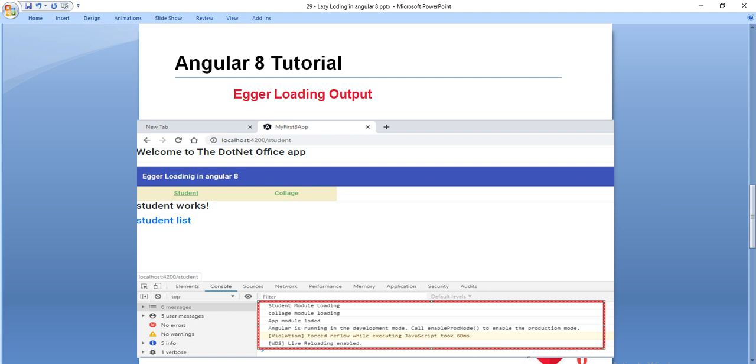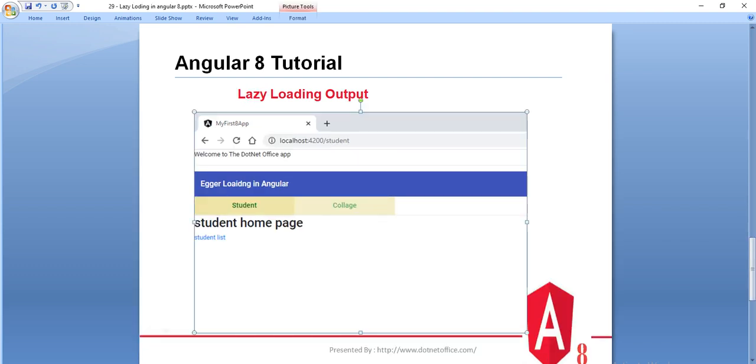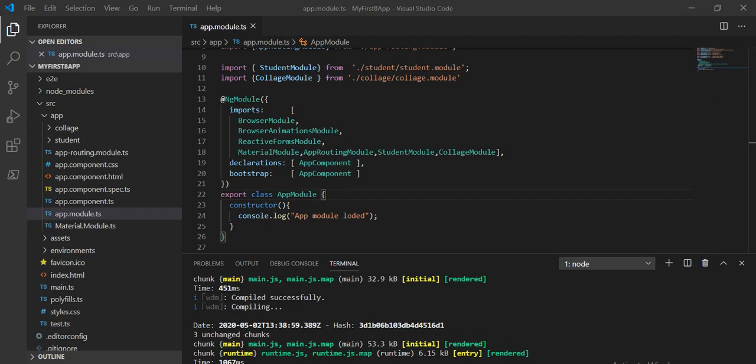So here we can see that before running the Angular application it is loading all the modules. In this tutorial we will see this kind of output, but using lazy loading. So let's go to Visual Studio.